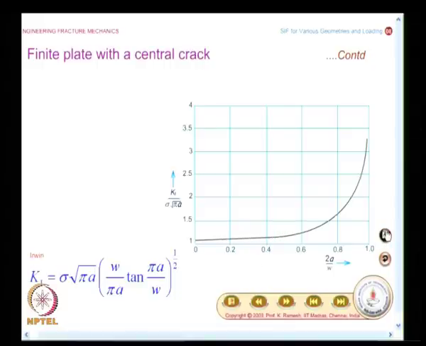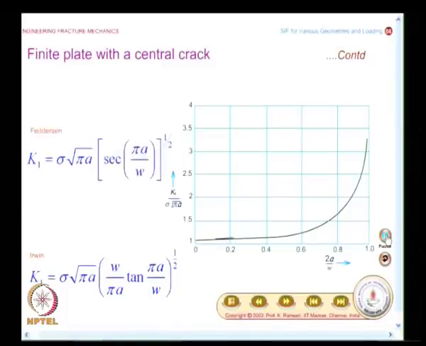So, I have the x axis given as 2a by w: 0, 0.2, 0.4, 0.6, 0.8 and I go up to 1. On the y axis what is plotted is k1 divided by sigma root pi a: 1, 1.5, 2, 2.5 etc. This is how the variation of SIF is predicted by Irwin's expression, and I have already said that Irwin's expression is the simplest and crudest of all of it,